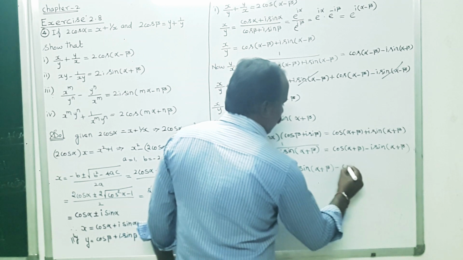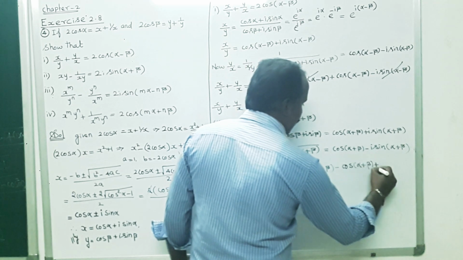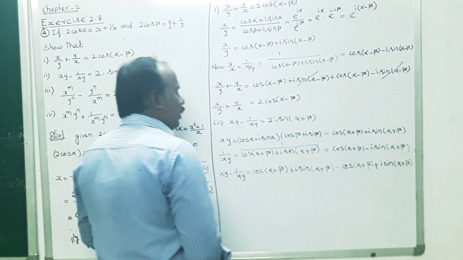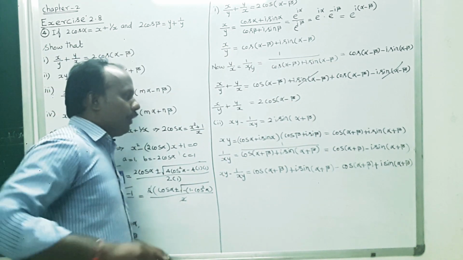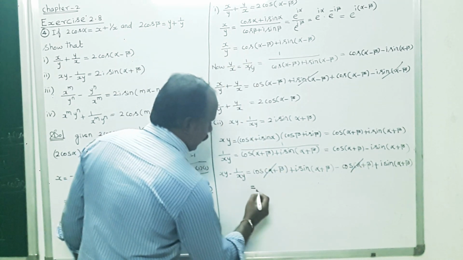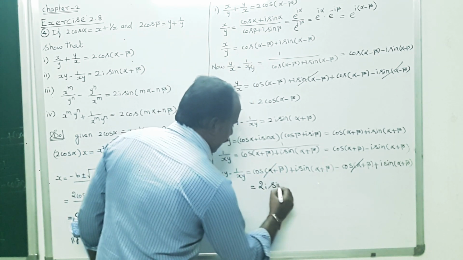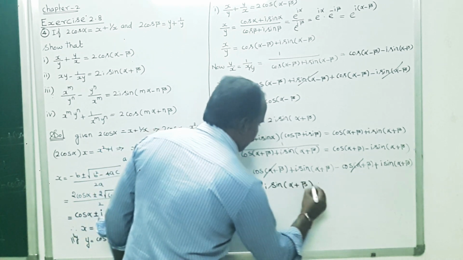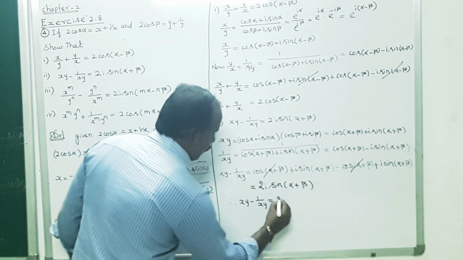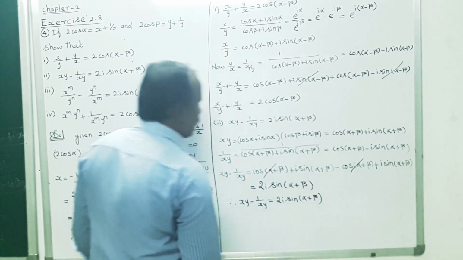Next one, minus of cos of alpha plus beta minus, so minus inside multiplication, minus minus plus i sin of alpha plus beta. The next, the common value should be cancelled. Common value means first term, cos of alpha plus beta, cancels. So it is equal to the remaining value, the 2 times of i terms. So 2 times of i into sin of alpha plus beta. Therefore xy minus y by x is equal to 2i sin of alpha plus beta. That is second result over.